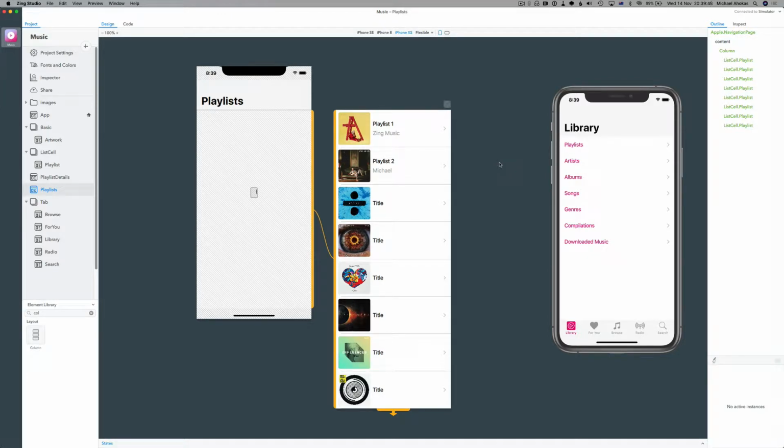So in the last video, I created this playlists view, and I populated all of this data. The way I did that was I just grabbed some images that I downloaded and dropped them in the project, and then I just dragged them into each of the list cells and modified these titles manually. What I thought I'd do in this video is show you something a little bit cooler, and what that's going